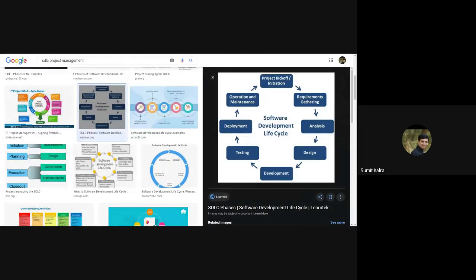So you are expected to study software development lifecycle and Gantt chart. You have to prepare Gantt chart based on your course project. Yes. So in the process, your project topic will be also finalized. Many of you had some query related to course project. You can ask right now.